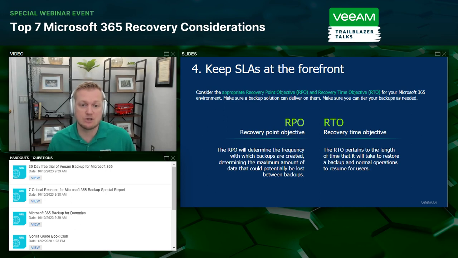So establishing the right expectations with your leadership, making sure that they truly understand this is how much data could be potentially lost, kind of helps them understand, but also kind of protects your job as well, because you have that SLA in place that says, look, this is what we're expected to lose. And on the RTO point, making sure that you're working with the right vendor to get you back up and running when you expect to be up and running. So that's very, very important there. And I think sometimes the RTO is the one that's maybe overlooked, but working with a vendor that you're absolutely certain can meet that length of time that you need your operations to be back up and running, extremely important there.